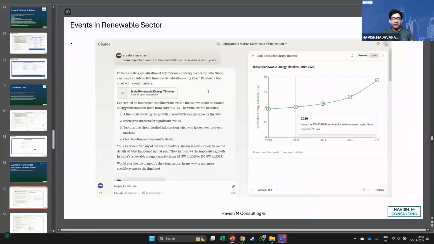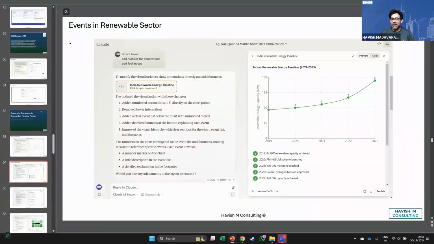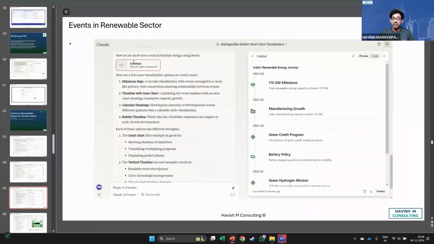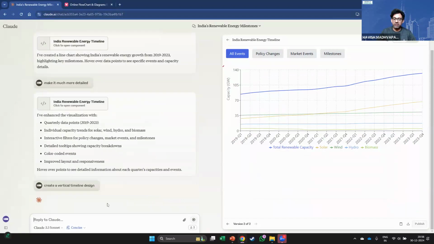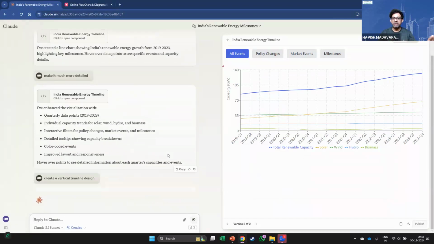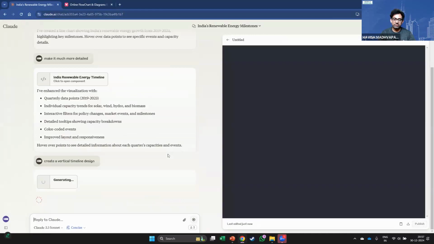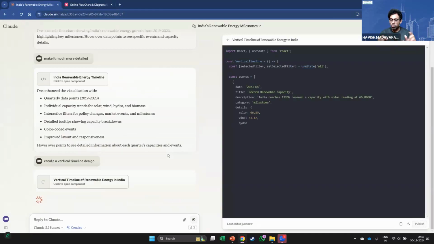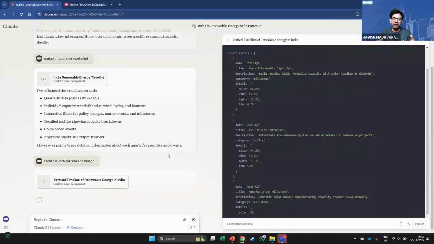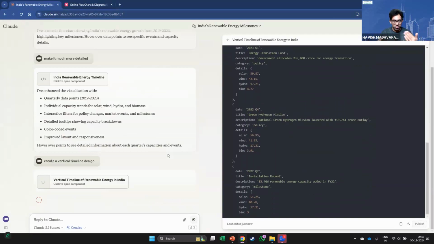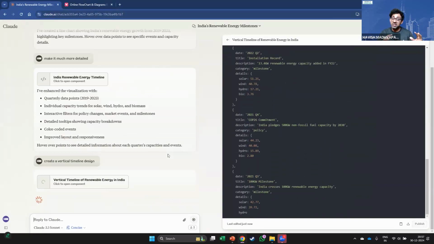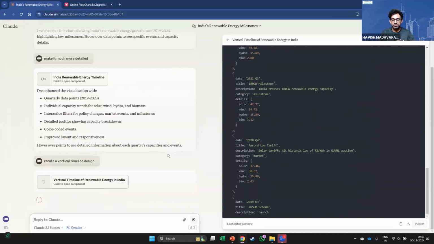I won't cover all of it, but as you can see, if I told it to add annotation, footnotes, here I said create a vertical timeline. In fact, this one I want to show you. Create a vertical timeline design. Check this out. I absolutely love it. Look at this. Like I said, you need to know what keywords to use in what context. It's not difficult, but there is so much that you have to learn and gradually get better at. That is the prompt engineering part of it, right?